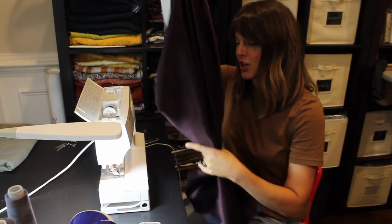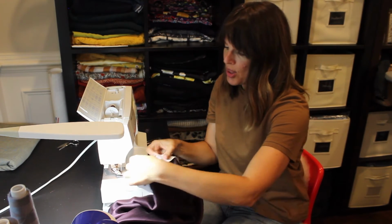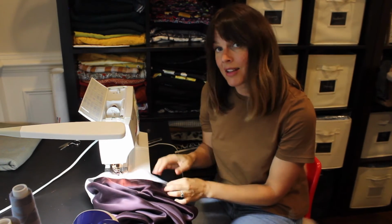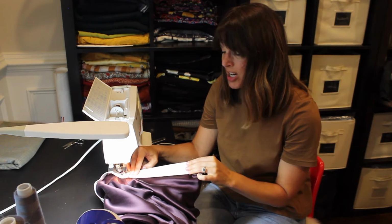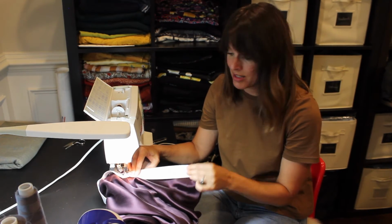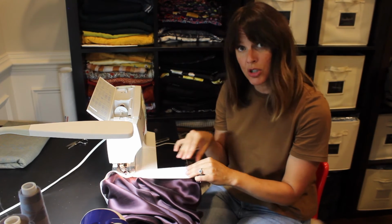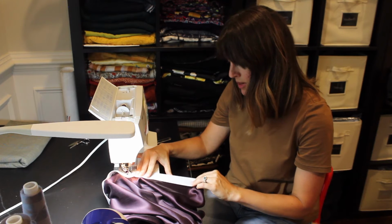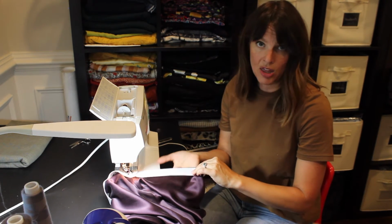I'm going to stitch it together now, but you need to be aware as you're stitching it that yes, you will be stretching the elastic to fit the waistband, but you don't want to be stretching it any further than that point, meaning you don't want to stretch this fabric out too much with it. So be aware of stretching the top piece, but not past the point where you're starting to stretch the fabric